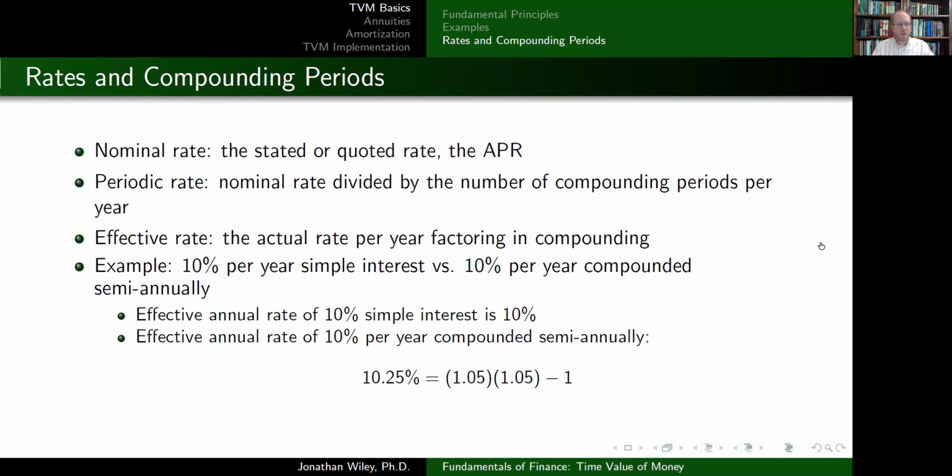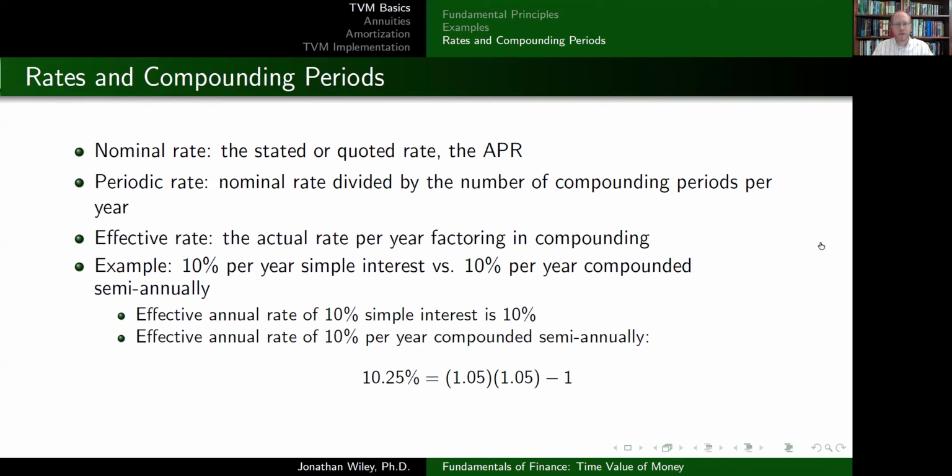All right, so in this video, I want to talk a little bit about rates and compounding periods and kind of how that works. So let's work with some terminology here briefly. The nominal rate is also known as the stated or quoted rate, sometimes the annual percentage rate. The periodic rate is going to be the rate per period. And the way you find that is you take the nominal rate and you divide it by the number of